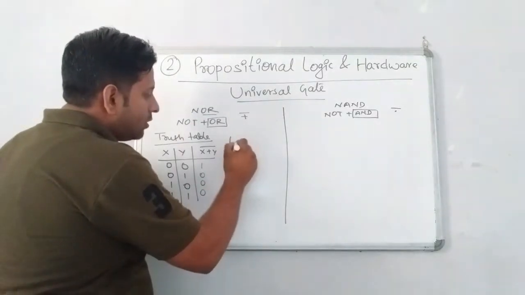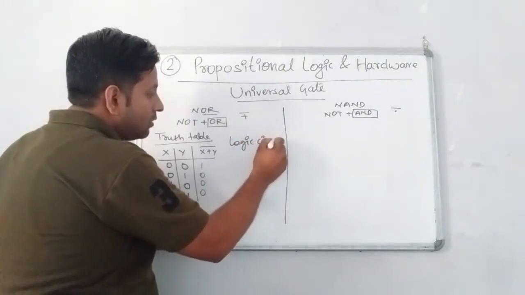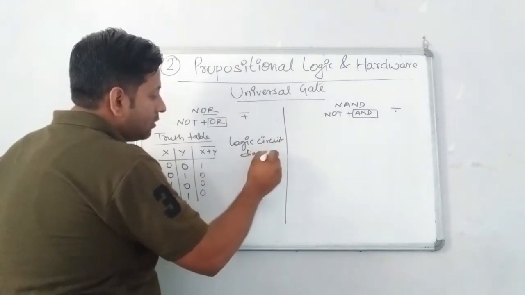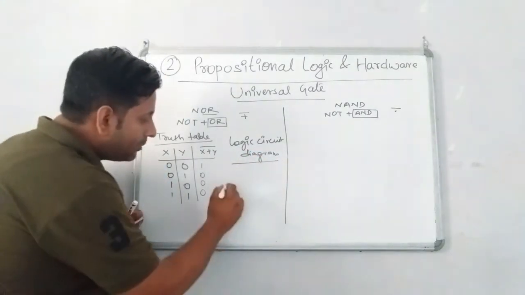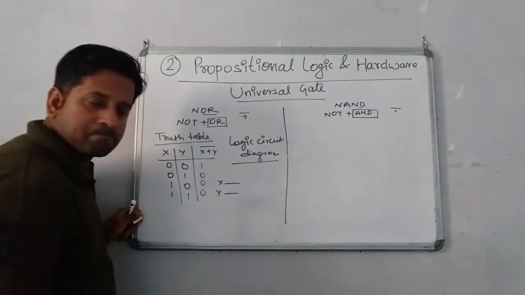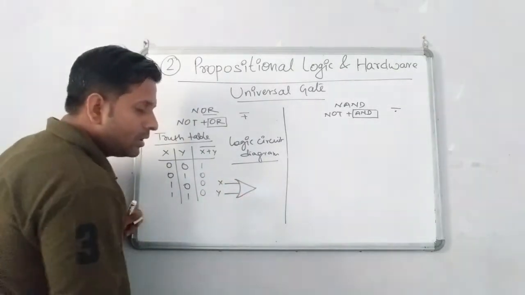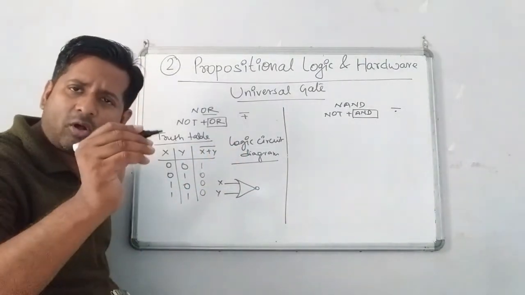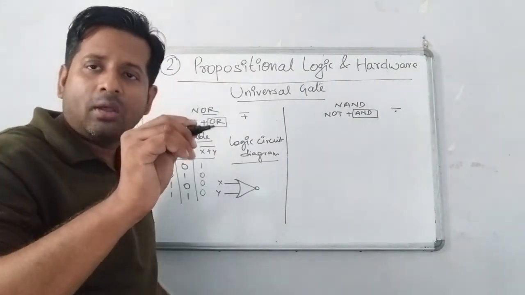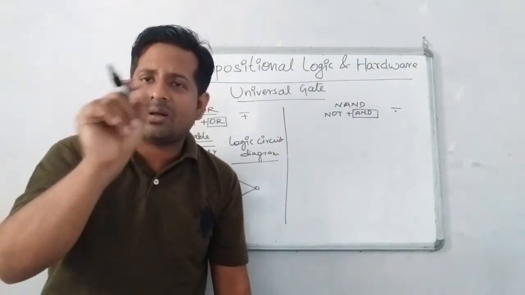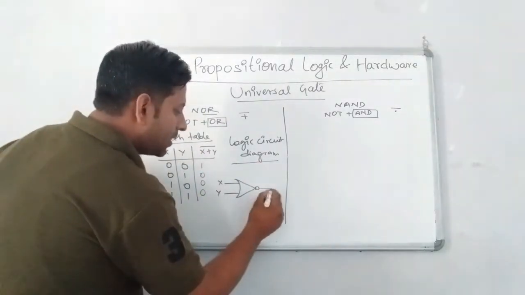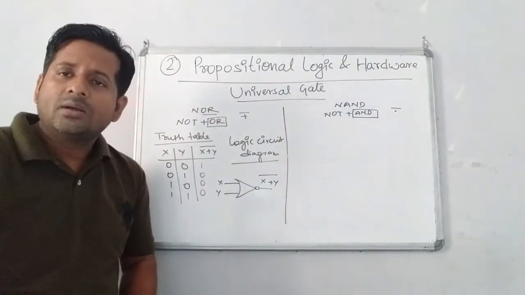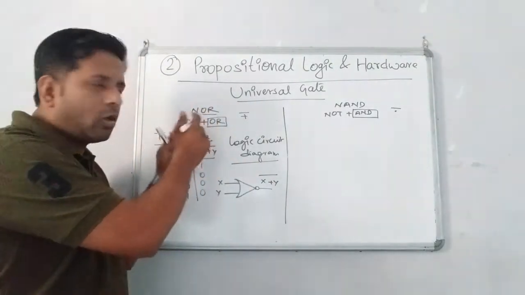Now let us go for the logic circuit diagram. We have two inputs, x and y, with the OR gate concept, children, but in the OR gate what has been used? NOT. So NOT is implemented here as a small circle you have to place. Don't make it a dot, okay, too small, and don't make it a big circle either. A little bit of a circle. Then just make a line and write here x plus y and give a bar. So this becomes the logic circuit diagram for the NOR gate.